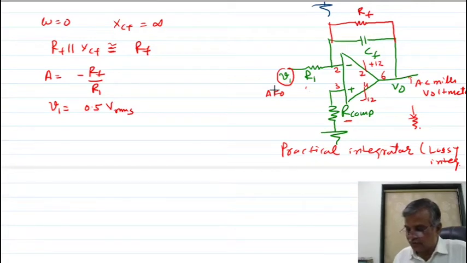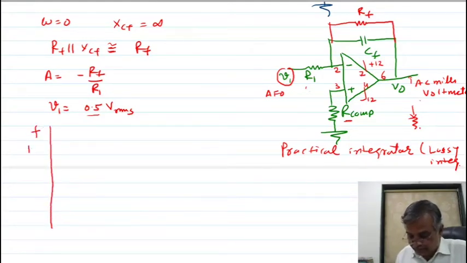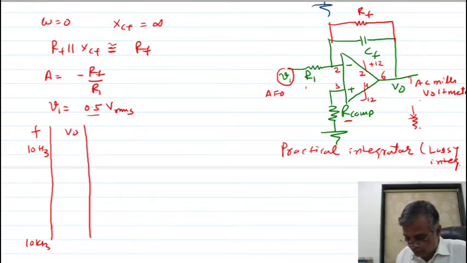Look here. First you connect here the AFO. Keep your input voltage at 0.5 volt. Connect here the AC millivolt meter. Vary the frequency F from 10 Hz up to 10 kilohertz. Measure your output voltage. And plot the graph